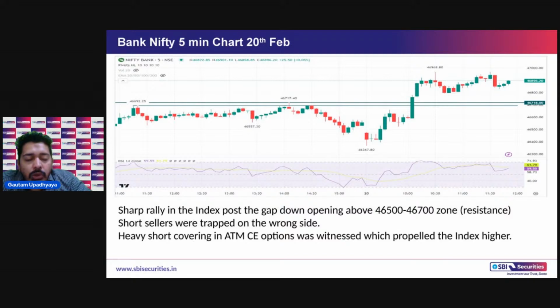Then post 12 p.m. there was a sharp rally in the market. तो बैंक निफ्टी ऑलमोस्ट रैलीड फ्रॉम 46,300 के लेवल से, 600-700 पॉइंट की रैली आई मार्केट में. And the index witnessed a breakout above its resistance zone and continued to trend higher. तो जिन्होंने भी शॉर्ट पोजीशंस बिल्ड किए थे, now if you had observed the OI data you would have good